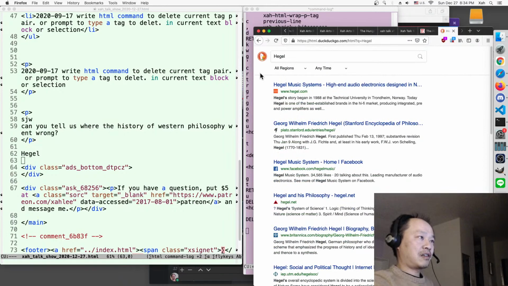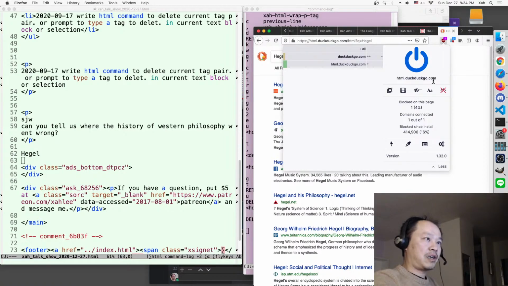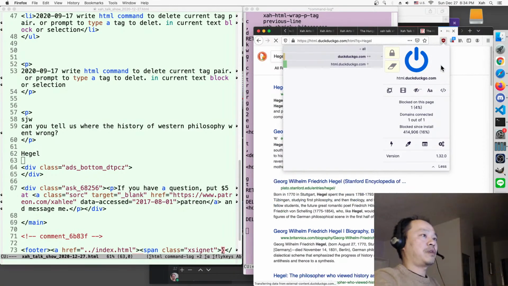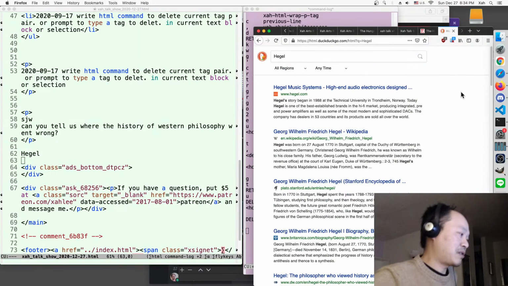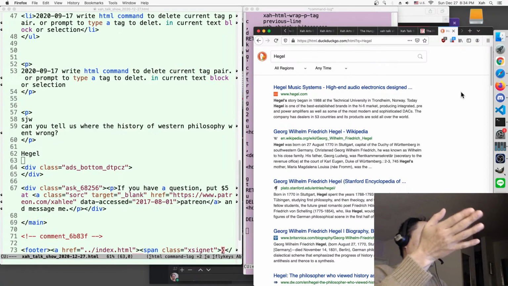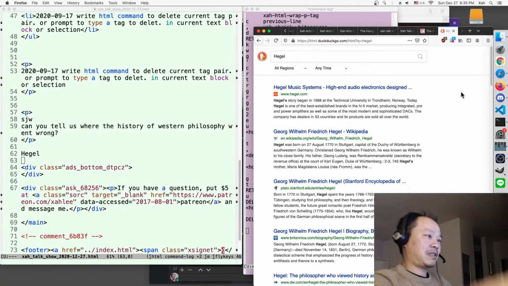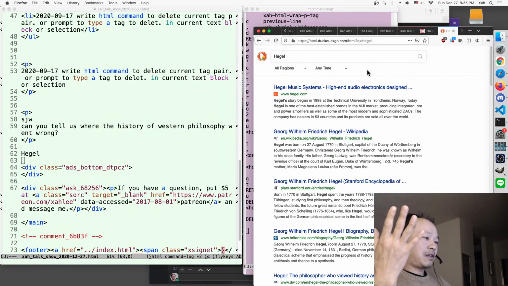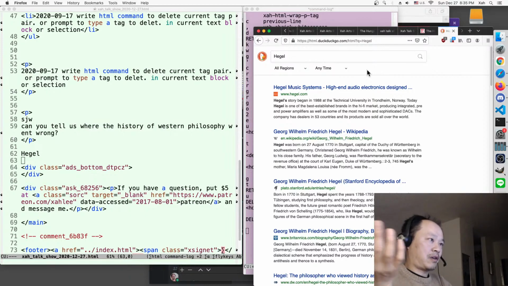DuckDuckGo, every time you search, if you have JavaScript turned off, it is impossible to turn it on and research it without typing. Let me digress. Let me tell you about a problem with the DuckDuckGo idiots. They are struggling. They want to be popular, right? It's a search engine, but they are not doing a good job, at least in this aspect. For example, I have JavaScript turned off. So right now I search Hegel, but I want to do image search. Usually there's an image search button. I just click it, but it's not showing up. Why is it not showing up? Because I have JavaScript turned off.